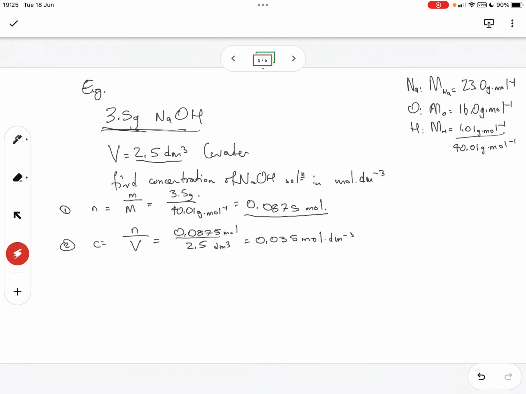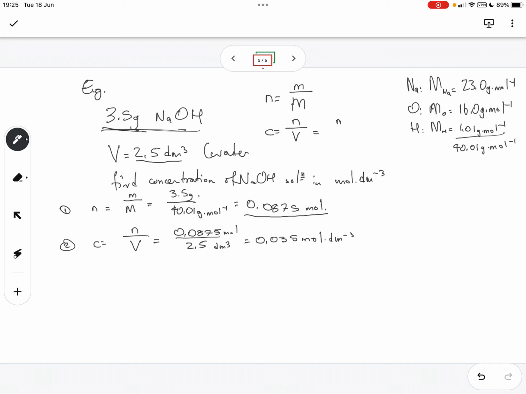So the concentration simply becomes the number of moles divided by the volume. The number of moles is the mass of the substance divided by the molar mass, and the concentration is the number of moles divided by the volume,